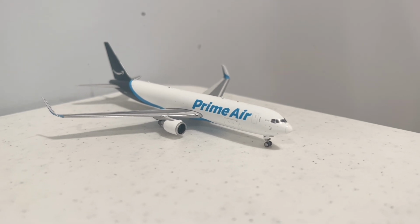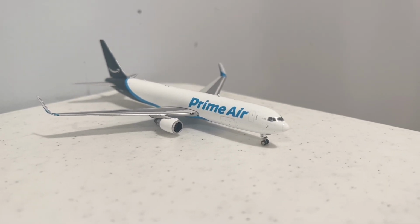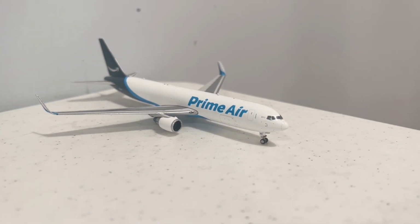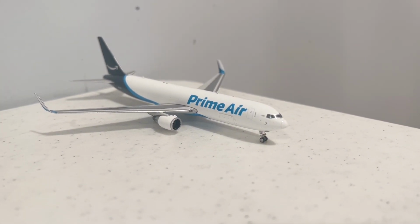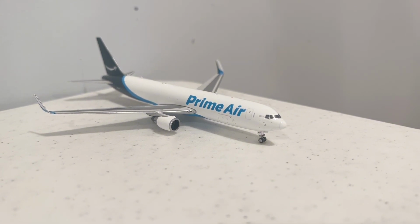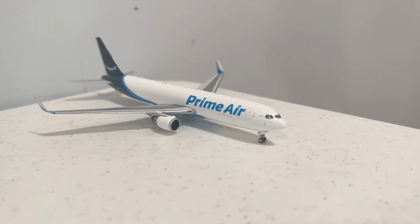There are so many cargo flights for Cincinnati, but I don't have that large of a cargo fleet, so I was not able to represent it as well as I wished to. If in the future I do get more cargo airplanes, I would love to do another Cincinnati airport update, but I will see. Another thing I'd like to note is Allegiant and Frontier. I do not have any Frontier models to represent this airport update, and I wish I had more Allegiant models, but sadly I don't. So again, in the future, if I do get more Allegiant, Frontier, and cargo models, I